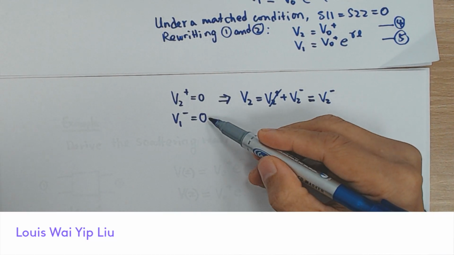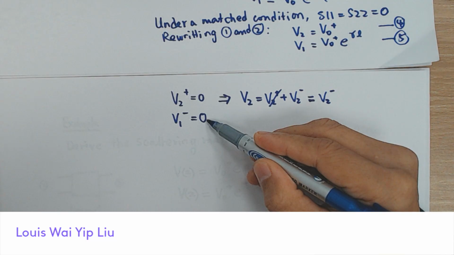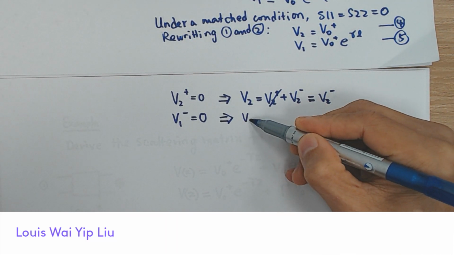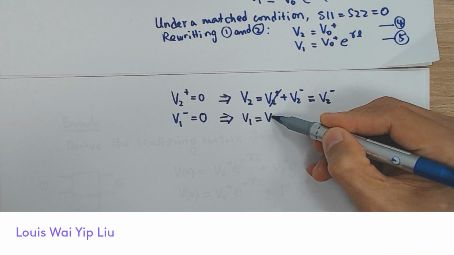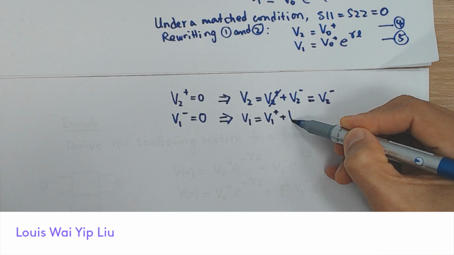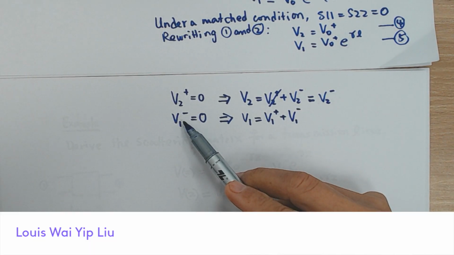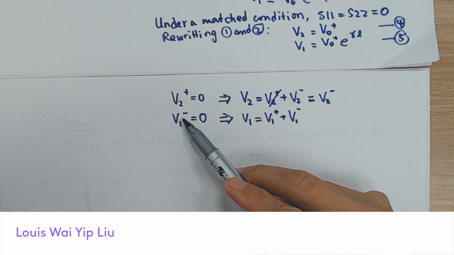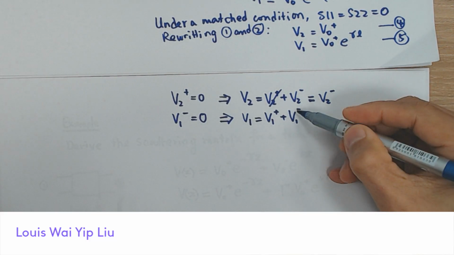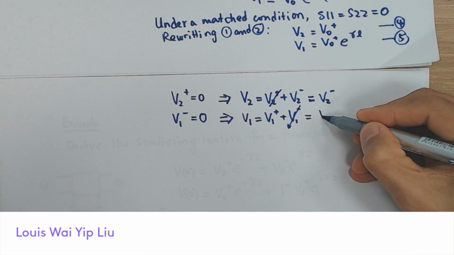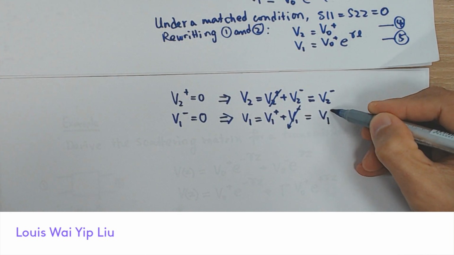And similarly, in port 1, we know that V1 is equal to V1 plus V1 minus, and we have already known that the reflected wave at port 1 is 0. So 0, and as a result, we can say,